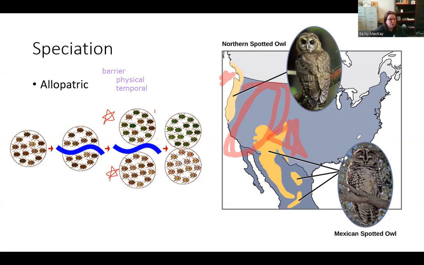If they came back together, could they reproduce? I'm not sure. I don't think we've ever done that. But because they live such different lives and have such different environments they survive in, they're considered different species. And again, that barrier is the Rockies. So that means that you don't have to have one come up out of nowhere like this river. It can already be there and it just creates a barrier. They get over it one way, kind of by accident maybe, or maybe they're introduced and then they can't get back.